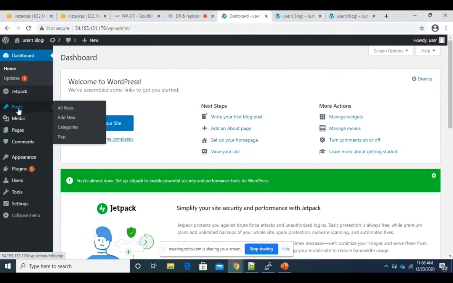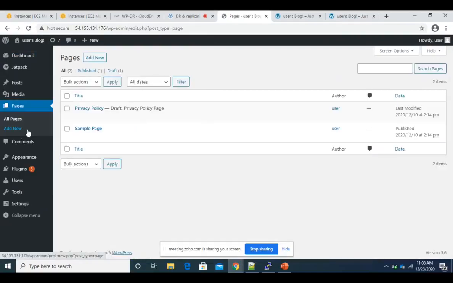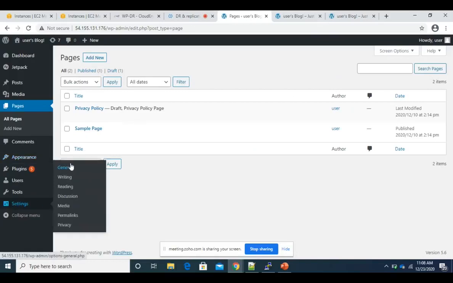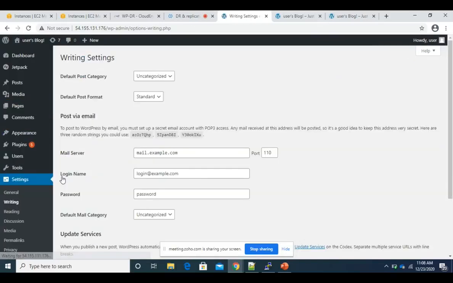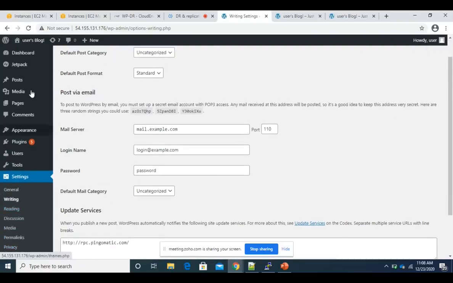Now, I want to showcase a quick thing, how real-time replication works. If I go to page, I think let's change the main page first. Let's go to the post.